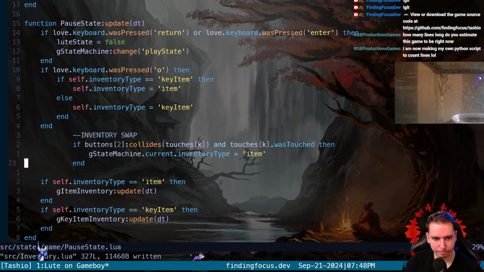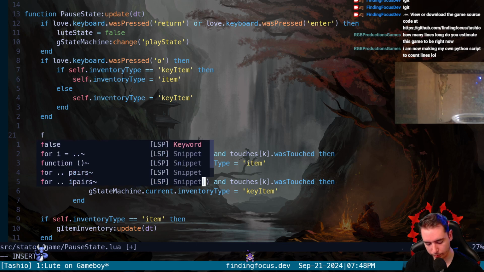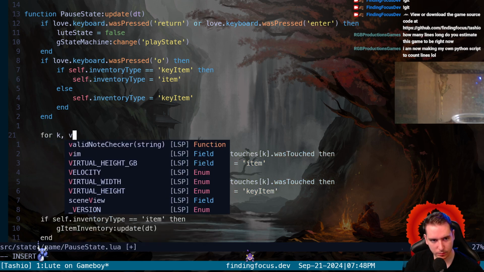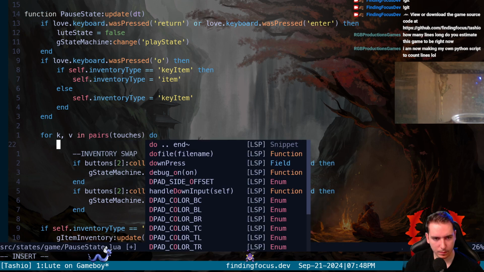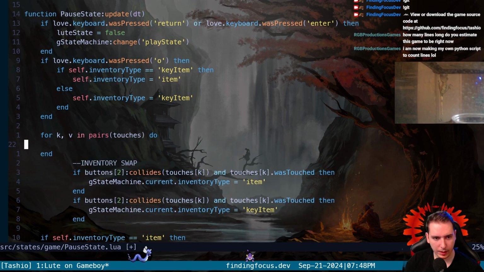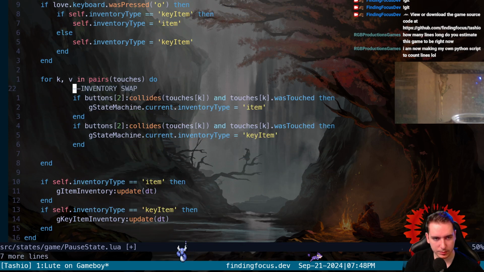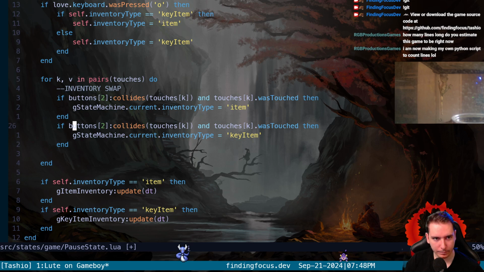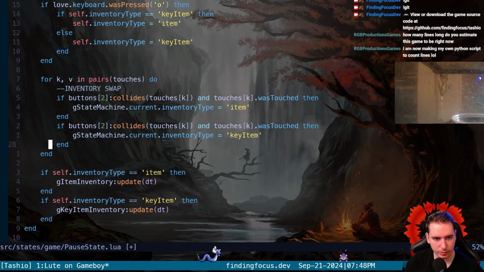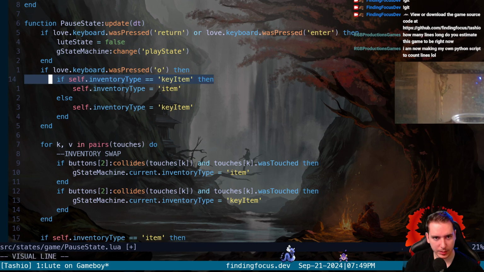So we need to cycle through our touches. And if our B button collides with the touch. Okay, so here's where we would do... We have to do this where we say, hey, if our